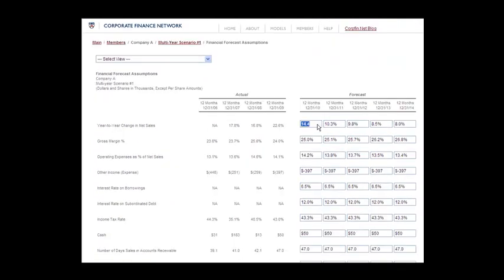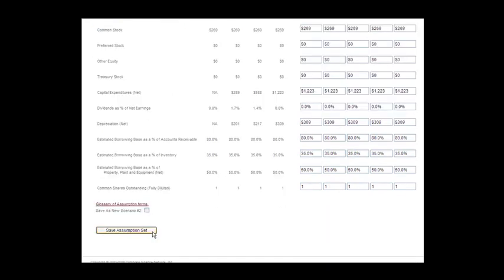To change the forecast assumptions, a user enters the new values in the appropriate fields and then saves the changes by clicking on Save Assumption Set at the bottom of the form. Once the revised assumption set is saved, all reports are recreated to reflect the changes. If the changes are made to the forecast assumptions but not saved, the current forecast is not updated with the